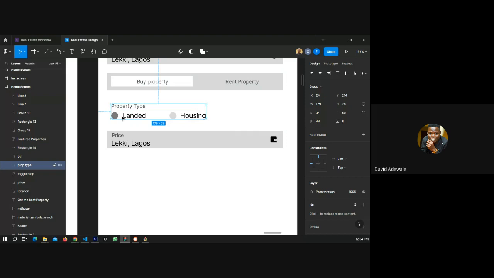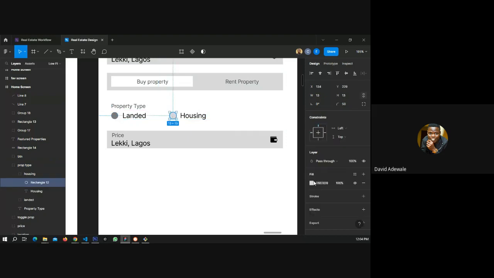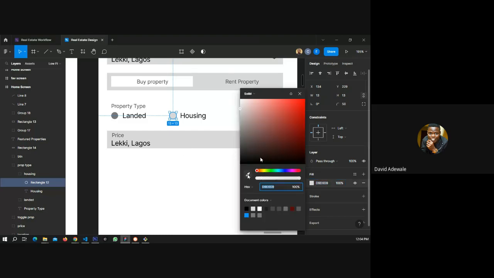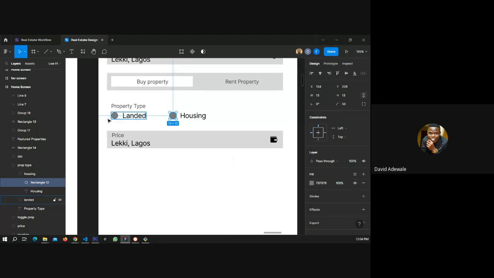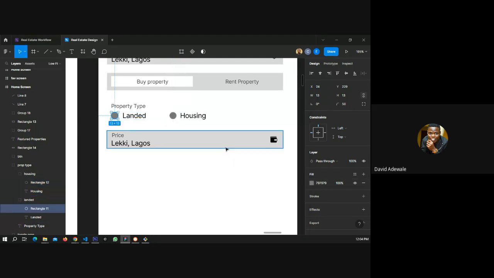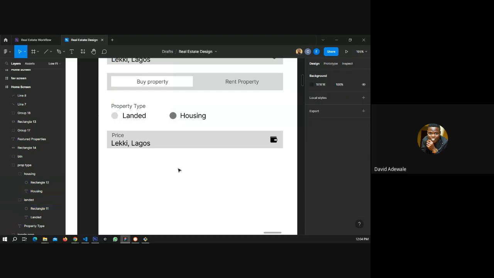So what you are going to do is, you see this guy has this color here, copy it, and then use your eyedropper to pick this to show that this is your housing, and then paste the color code that you've done here. Now it shows that housing is the selected option.